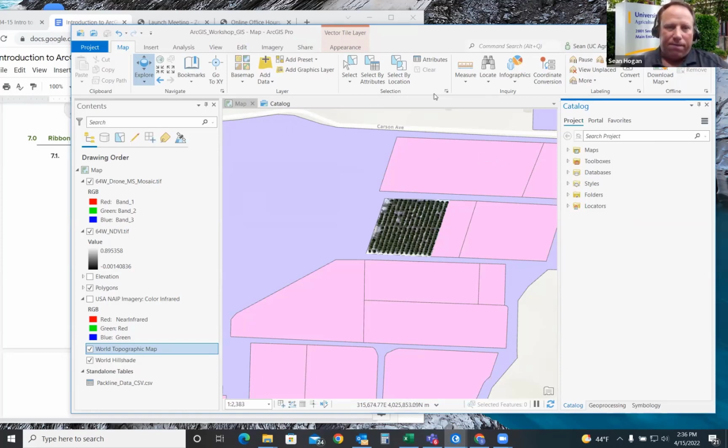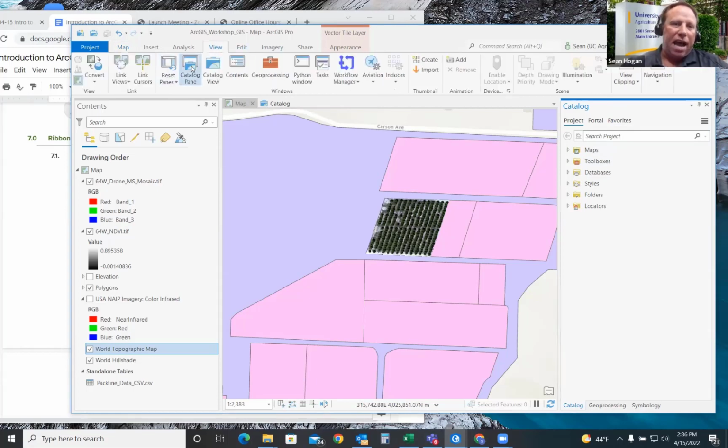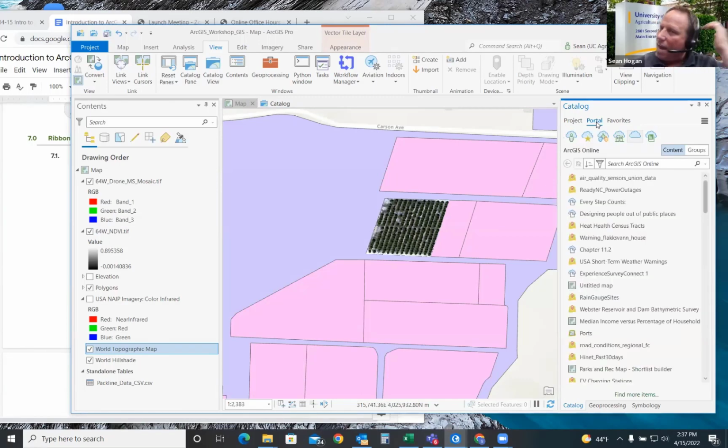If you're looking at your data, it doesn't matter what the center screen looks like right now, but make sure your catalog pane is open on the left side. And if it isn't open, go over to View and Catalog pane, and it'll pop up here. This is unlike the catalog view where we added data in before. From here, we're going to add it in from the pane. And what we'll do is we'll click on Portal. And I just told Kat how to work around this. So if this doesn't work for her, you don't have to worry about it.